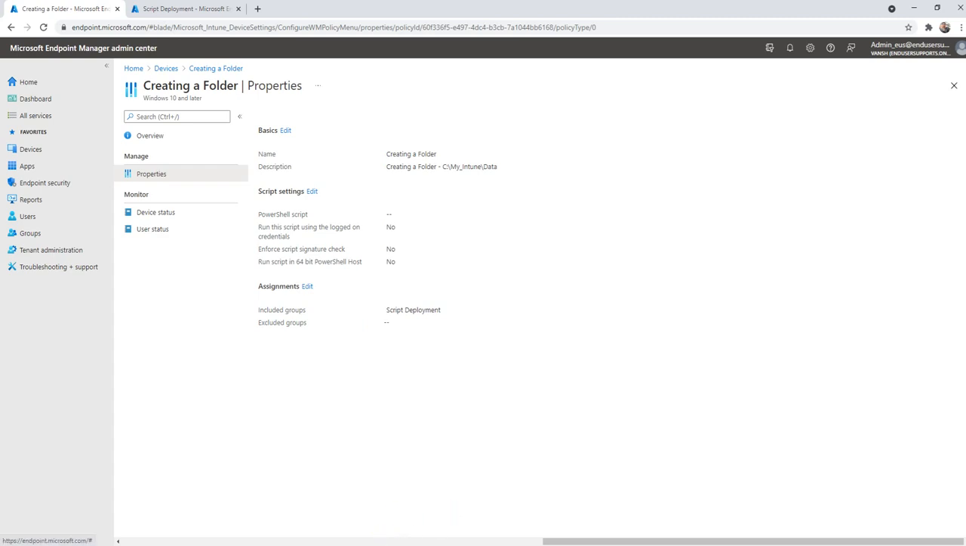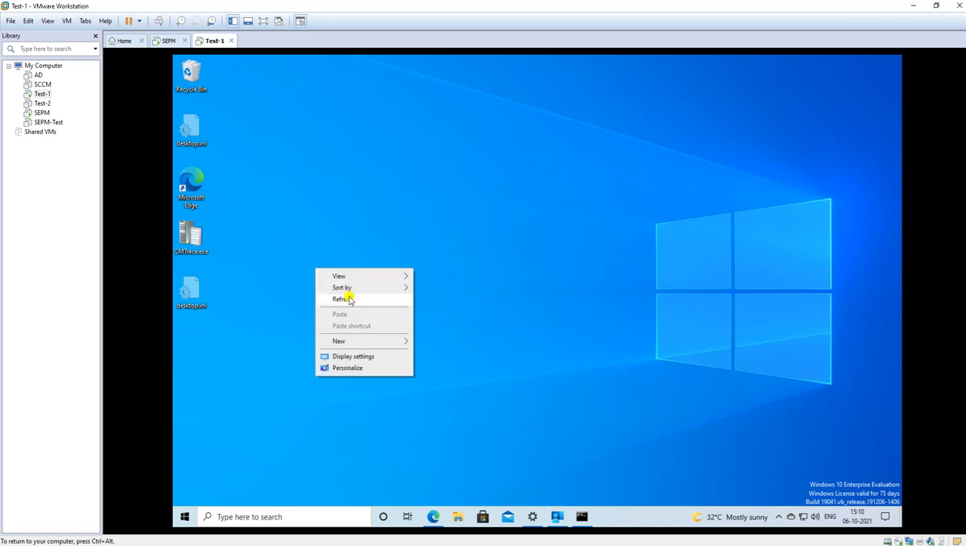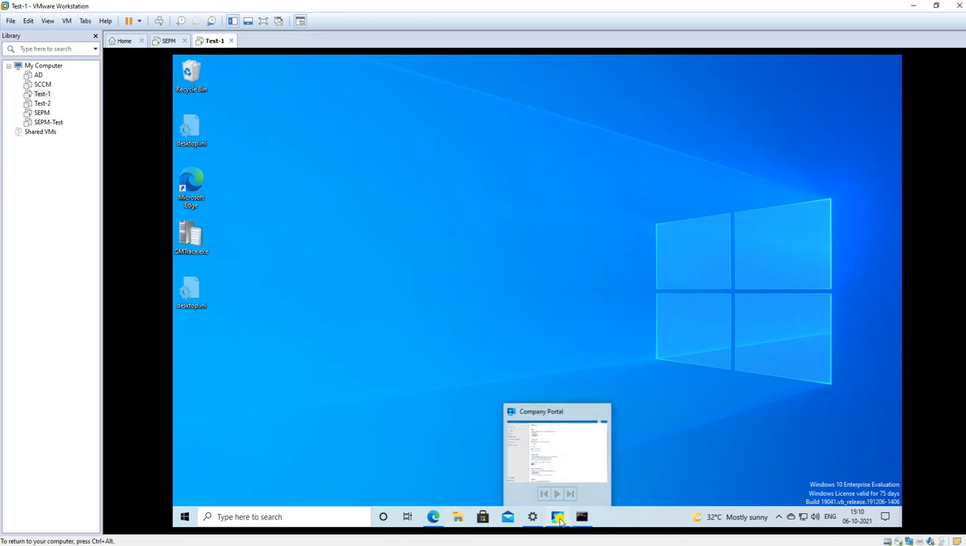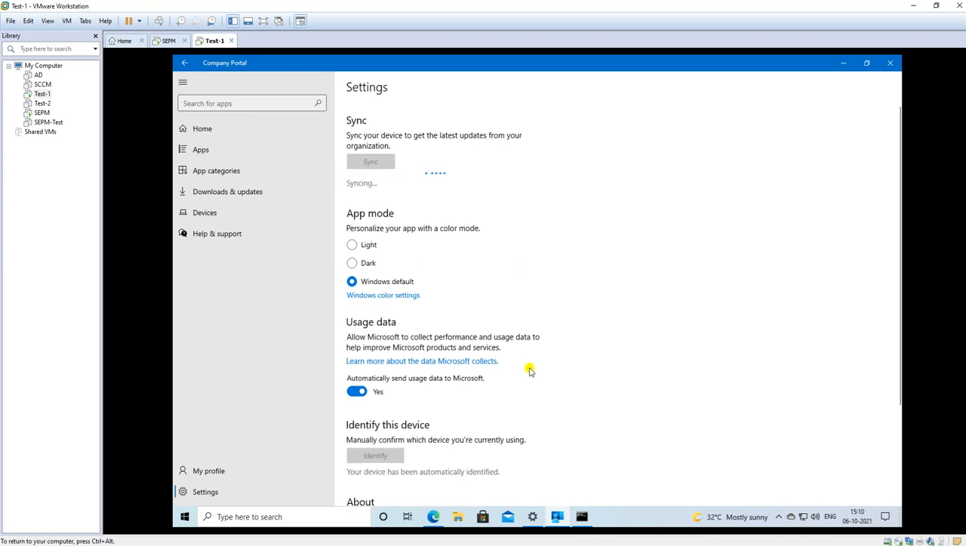So now let me go to the script again. Sorry, on the test machine. So this is Vadnamai, the test machine. Let me sync up the policy. So I am here, and let me go to sync this up. I'm using the company portal to sync up. Even you can use it with the